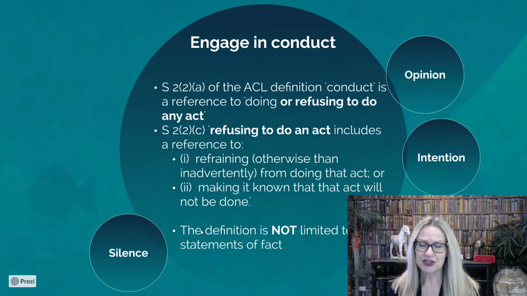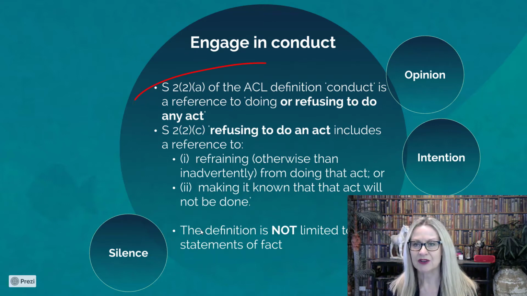In the legislation, conduct is defined in Section 2, Sub 2 of the ACL. And that definition says that conduct is doing or refusing to do any act. So immediately you can see you are not limited to statements and you are not limited to past or existing fact. So it frees you, to some extent, from the shackles or confines of the common